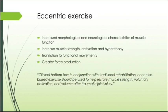So eccentric exercise. Eccentric exercise increases the morphologic and neurological characteristics of muscle function while increasing muscle strength, activation, and hypertrophy. While eccentric exercise is an effective way to restore muscle function and volume following injury, its translation to functional movement remains unclear. Eccentric training produces greater force production than concentric resistance training, as it maintains actin and myosin cross bridges and increases the excitation of the supraspinal pathways, increasing the cortical activation and signaling to peripheral musculature and increasing